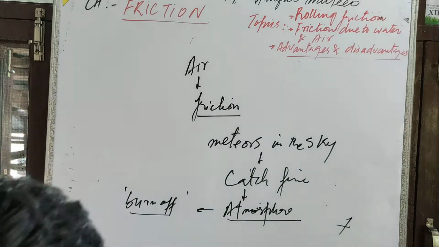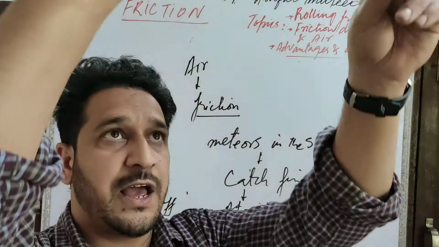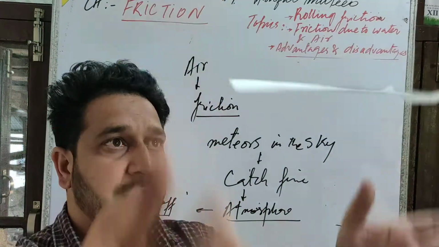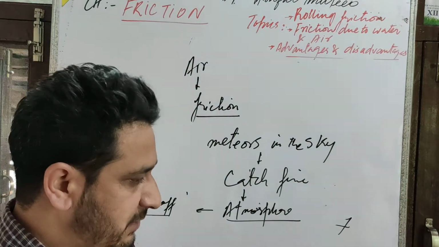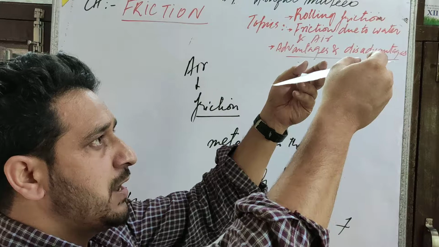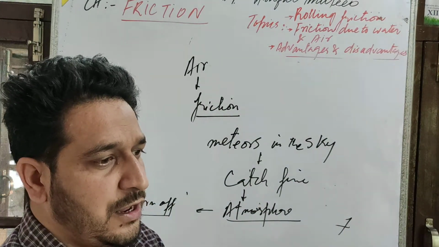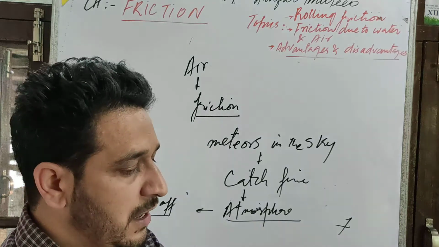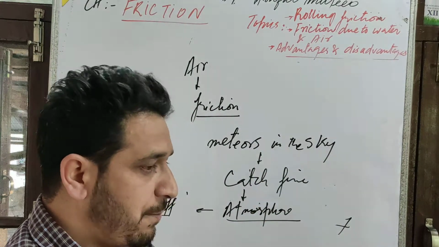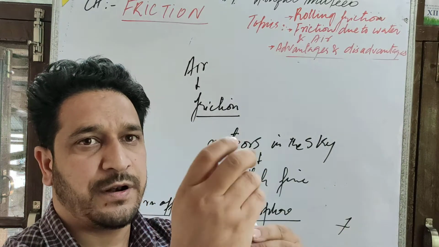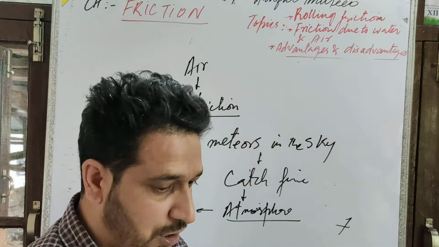And number two, here you can say, if I take a piece of paper and let it go from a height, यहाँ पे मैं इसको छोड़ देता हूँ, इस पेपर को, ये आराम से नीचे आ जाता है, this paper. Why does it come down slowly? Because of the air in the opposite direction, there is a friction which resists this paper coming down. If I crumple this piece of paper and let it go, it will go down in no time,